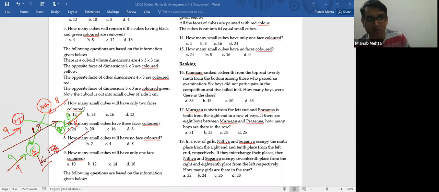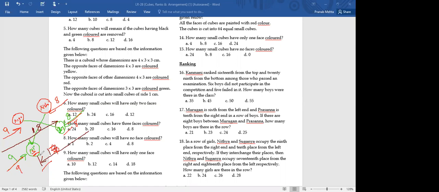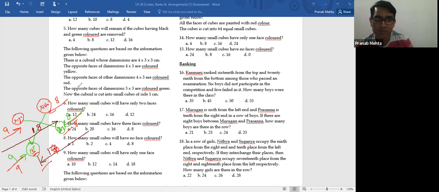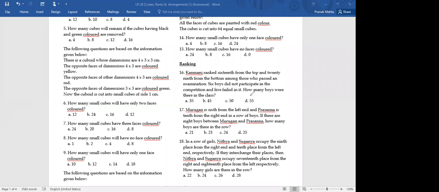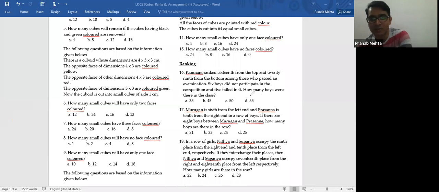But when I have written 17, what does it mean? Look here. If they interchange the place, then Nitya and Suganya occupy 17th place from the right, which means that person's position is 17. So if the position is 17, this person is counted. Are you getting it now? Yes or no, dear? Tell me fast. Yes, sir. All of you have understood? Sir, can you please repeat? Which part do you want me to repeat? Sir, the place where they interchange and the numbers change from 9 and 8 to 17 and 16. All of you, please look here. Once again, I'm doing this question.